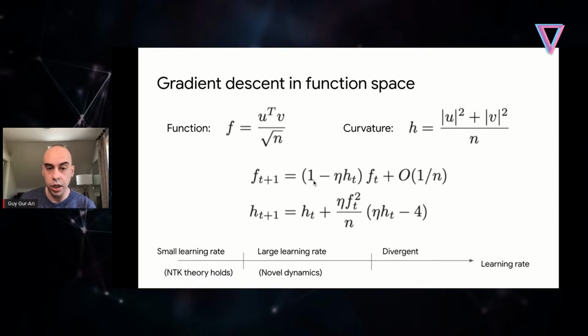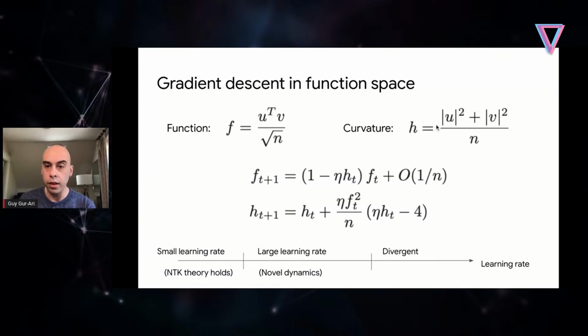And so we have this first term here, a multiplicative term involving the function. And then we have a term that I didn't write down explicitly, but it's suppressed by 1 over the width. We're going to be taking the width to be very large, and so this term is going to be suppressed. We can do the analysis with this term, but it's not going to be important. There's a new variable that shows up in this first equation, which I call h. h is the curvature. Here, h is the trace of the Hessian of the loss function, so a measure of the curvature of the loss landscape.